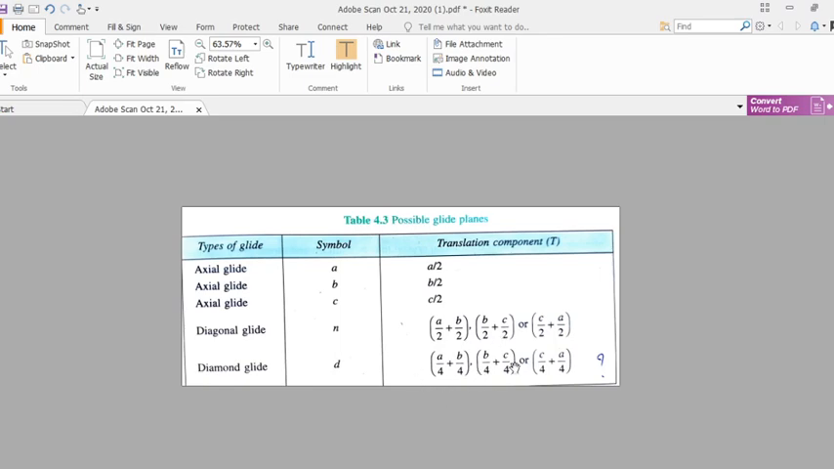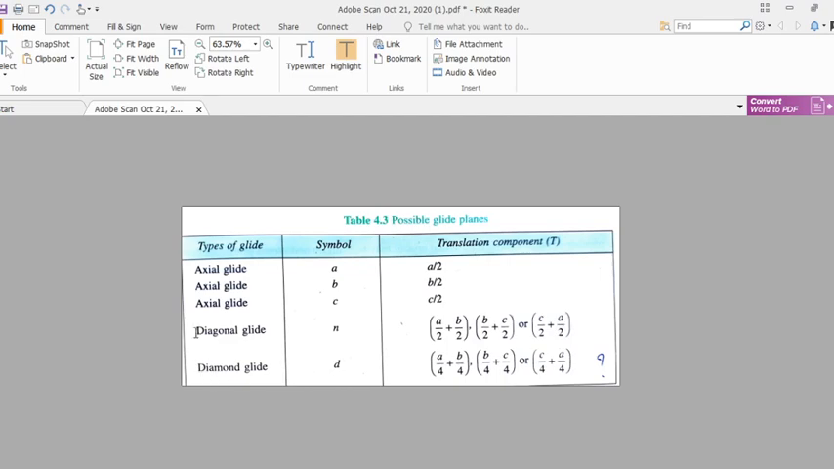In the same way for the fourth, 1/4: A by 4 plus B by 4, B by 4 plus C by 4, or C by 4 plus A by 4. So you can have a combination like A by 2 plus B by 2, or B by 2 plus C by 2, or C by 2 plus A by 2. In a way you have diagonal planes,